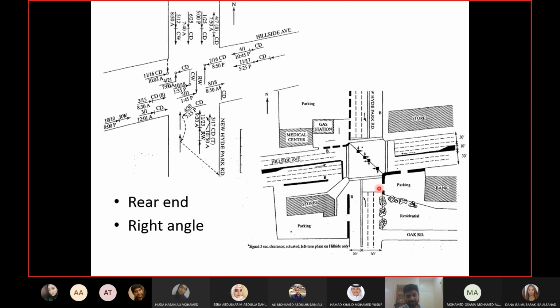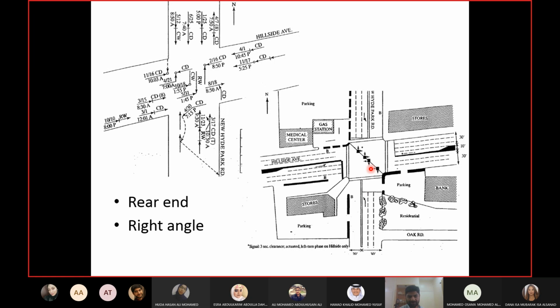And as I said, for shifting the stop line closer to the intersection, you have to block the exits. Now, if you block the exits, then you can shift the stop line closer, and you also solve the problem of people who are coming out from here, the slow drivers which may be causing these accidents. So closing the exits may solve both of your problems. It will shift the stop line closer, giving more time to the straight drivers, and it will also solve the problem of drivers who may be slower than other drivers and taking more clearance time. So in that case, you may not have to increase your clearance interval.